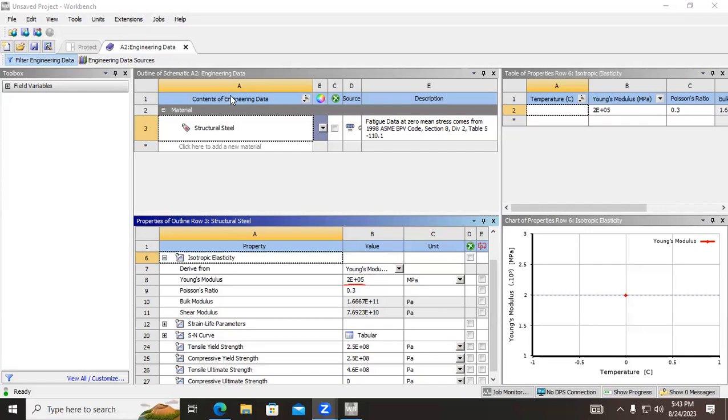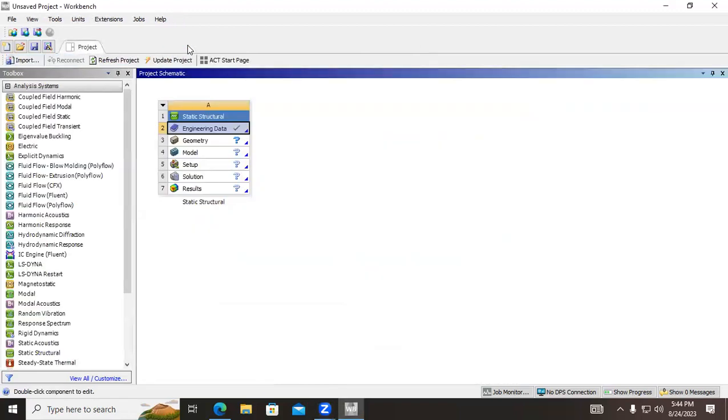Okay, any questions on these? Okay. All right, so now that our material properties are correct, let's go ahead and construct our